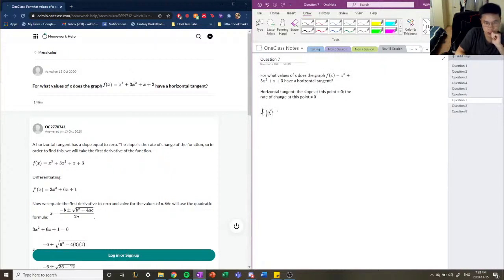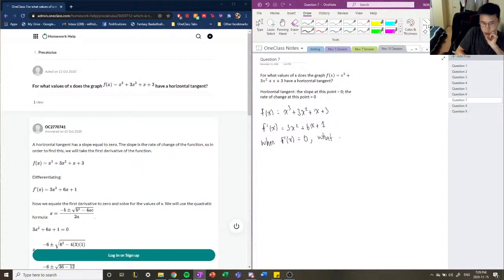So f of x equals x cubed plus 3x squared plus x plus 3. Okay, so f prime of x equals, using our power rule, we move the 3 down and minus 1 on the exponent, 3x squared plus 6x plus 1. Constants that are differentiated are 0. So this is our differentiated function, and we're going to need to find when f prime of x equals 0,